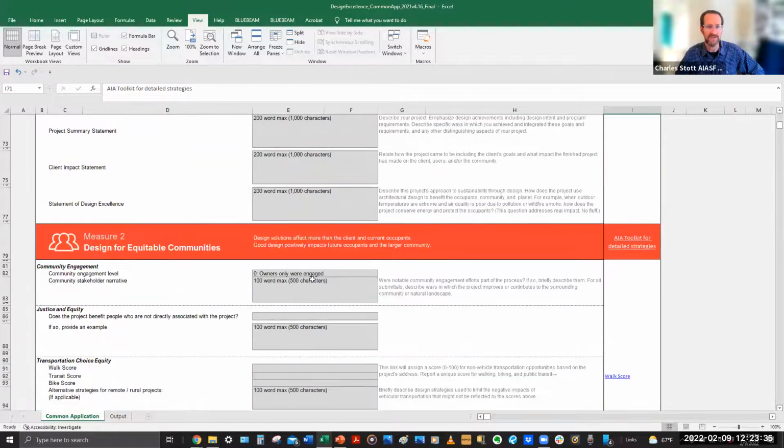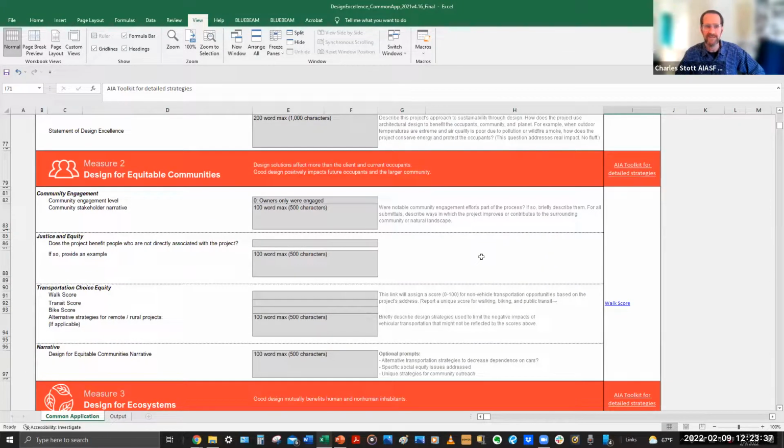For example, on measure 2 for equitable communities, what we're really trying to have you get across is how your design solution affected more than just the client and current occupants.